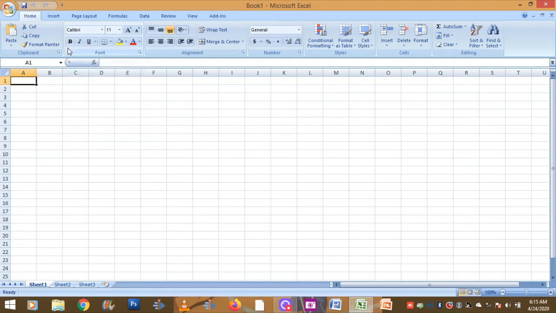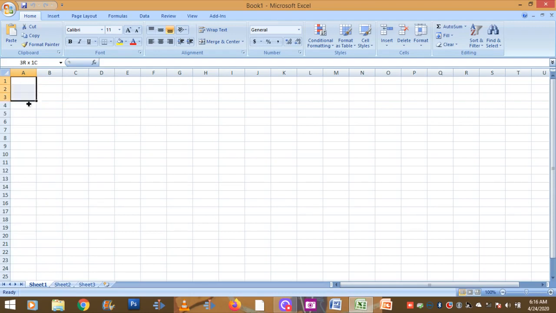Below the ribbon, you can see two white bars, and the left one is called the name box or address bar, and the right one is called the formula bar. Below this, you can see the spreadsheet.